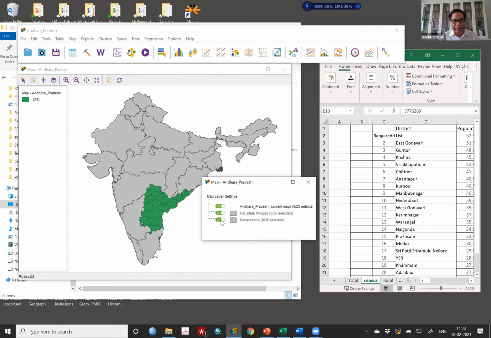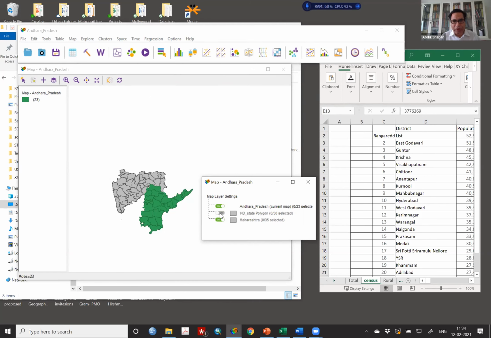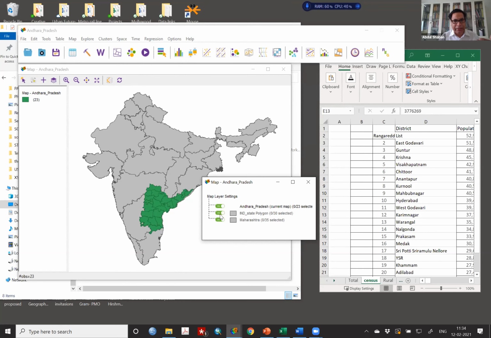It generally does, but sometimes it does not display properly because it is not a complete GIS. So one or two shape files may display, and others may not. That is actually the trouble with this. So you can put it on and off. Look at what happens when you put the India layer, because there may be trouble depending on how you arrange the hierarchy. I'm just giving you a trick. Whatever shape files I have given to you, if you open all, all the state maps I have given to you will open.